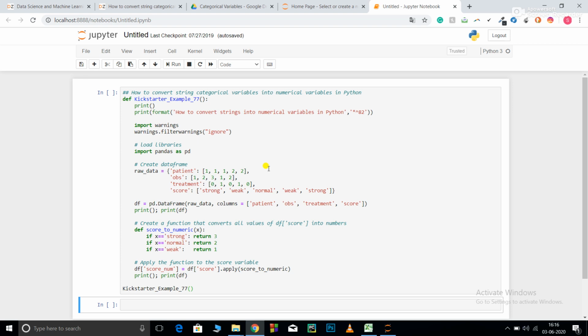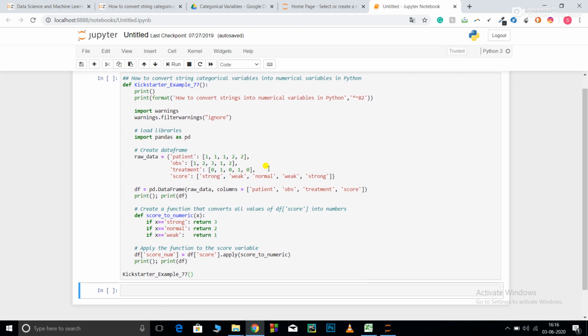Now you can also do encoding by yourself, that is, you can specifically select what numbers would be assigned to which categorical variables. In this video I'm going to show you the same. So that was all about understanding categorical variables and different ways of conversion. Now let's get started with the code.